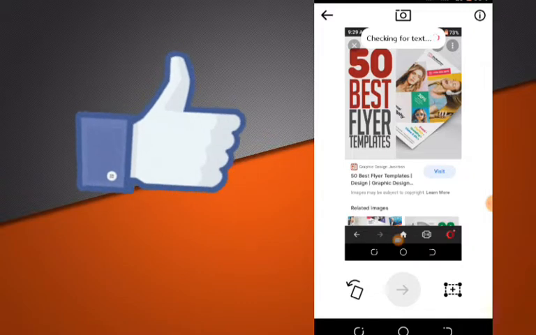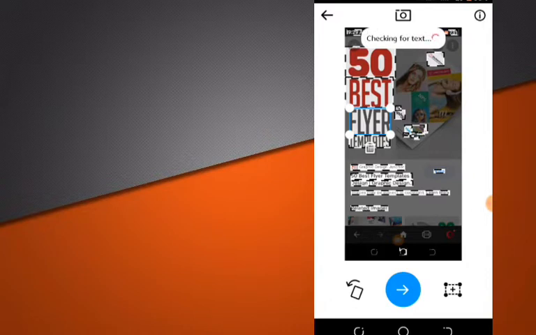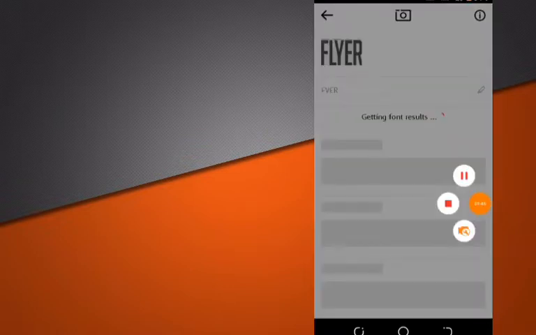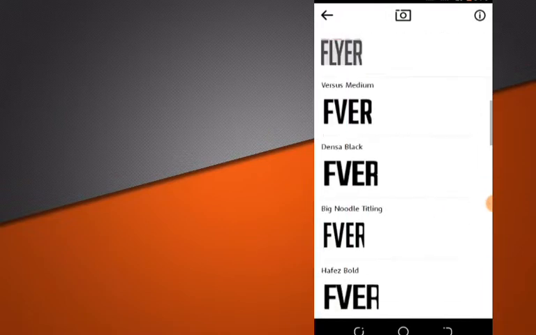and it's checking for text once you have selected the image. Okay, so once you have selected the image, click on one of the boxes or click on the text you want to identify. Okay, so once it is done loading, click on the one that is similar, because there are so many similar